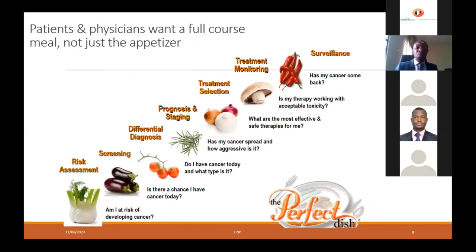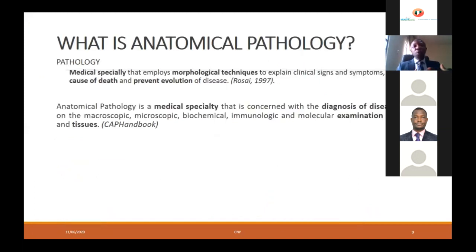We can assess risk, we can screen patients, we can make differential diagnosis and actually measure the size and the quality of the tumor. We can actually tell you prognosis, we can prognosticate. We can determine what type of treatment would work and which one will not work. And we can actually monitor as you treat the patients. We can even do surveillance for you, disease surveillance. So there are a lot of things that the pathologist can do for you. So there is a whole lot that we can offer. And we're not achieving all of this because likely there's a gap in communication between the pathologist or the laboratory physician and the clinician.